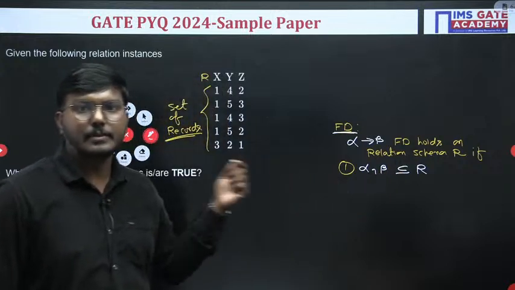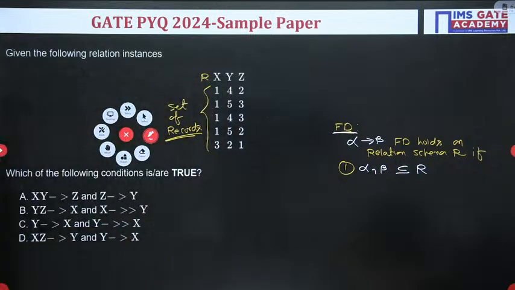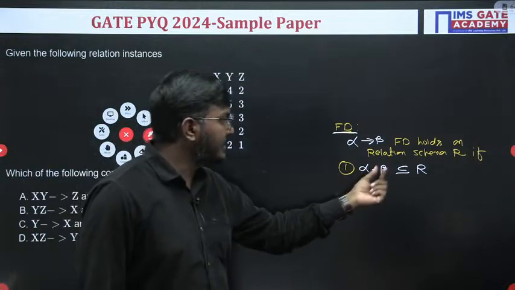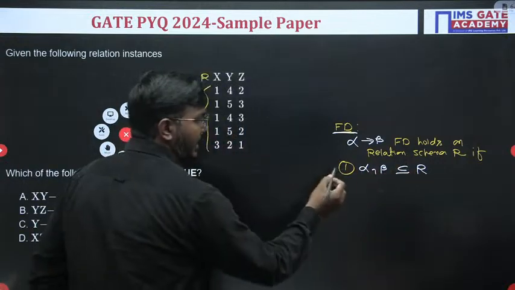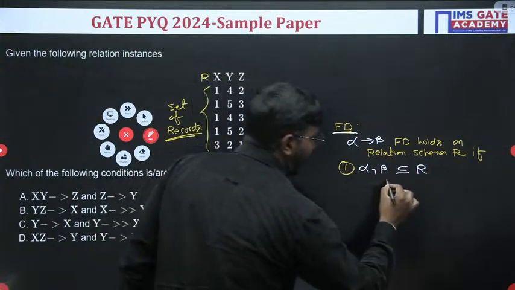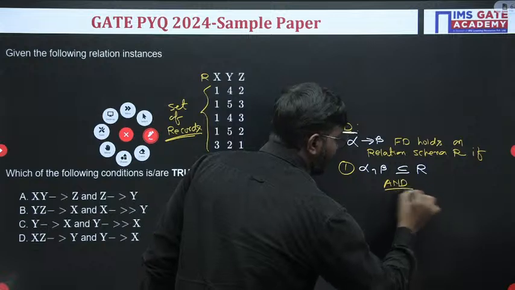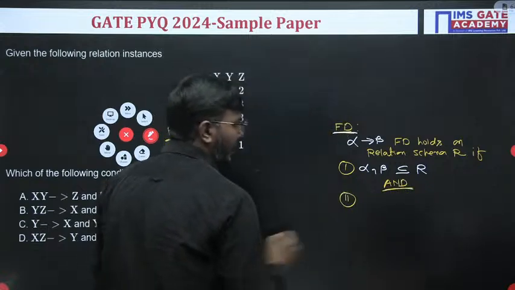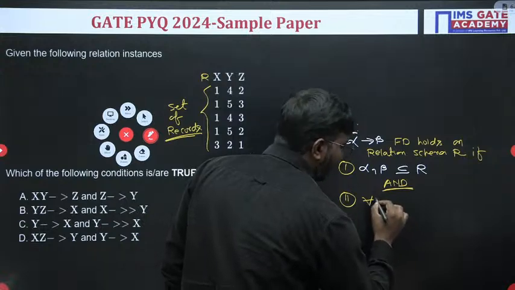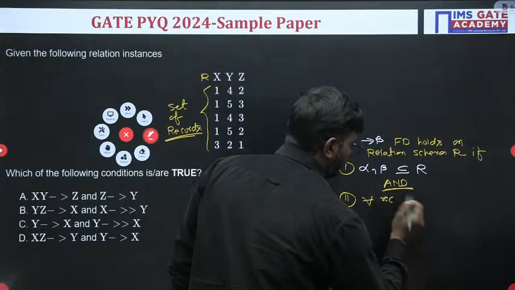So here, option C, we'll see definitely. First let's see the explanation part here. See, again alpha and beta are a subset of R. Okay, the first condition here is that both attribute sets must be a subset of the attributes of R, and the second condition is that for all two records,